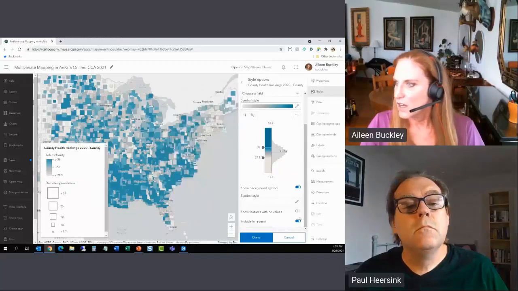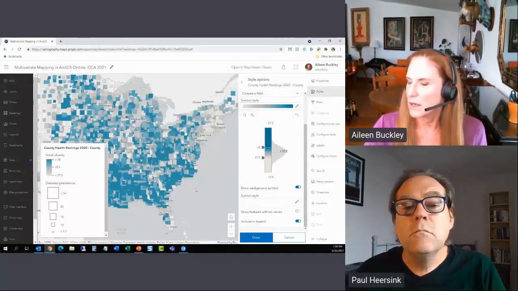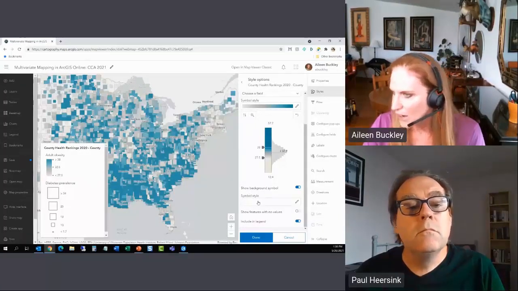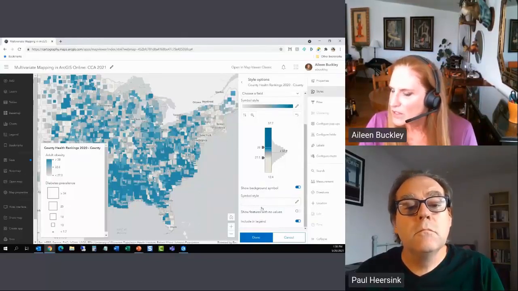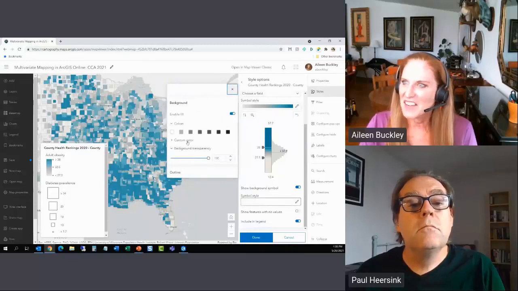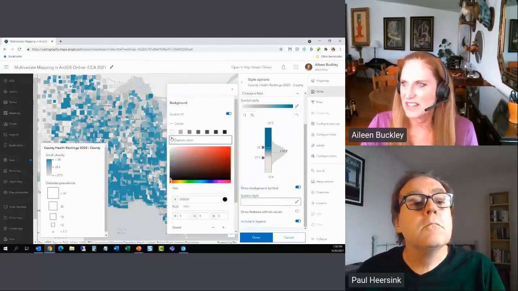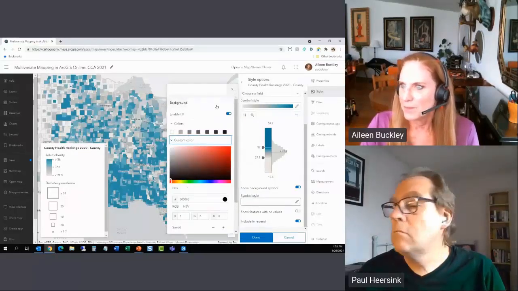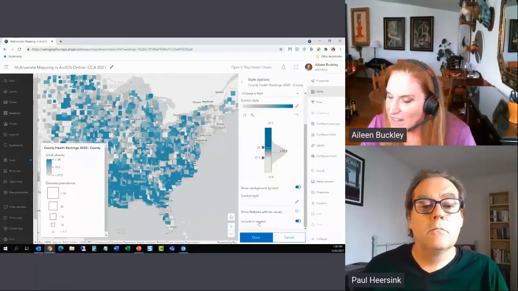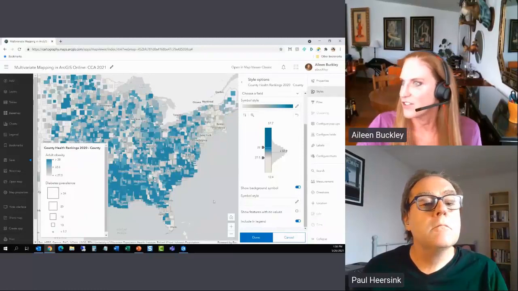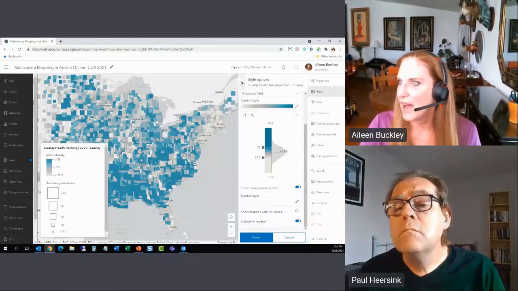So I'll choose my squares, and now I'm going to look at the symbol styles. Again, I've got options for those kinds of things that I've already looked at, colors and transparency, and I can choose if I want it to show in the legend or not. Now I'm just going to go back,